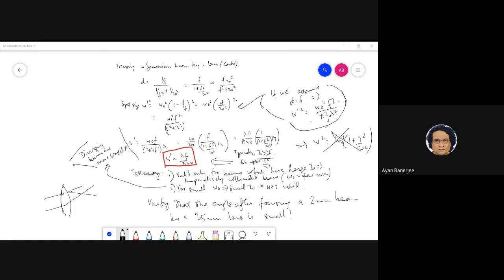Anyway, next class, tomorrow, we will start a very interesting thing: the Gaussian beam inside a cavity, the Gaussian resonator modes. That is very nice and very important, and we will just continue our concepts. It includes a lot of calculation. Once we are done with that, I will give you a nice problem of designing a ring cavity which actually works, and then we will go to higher order.